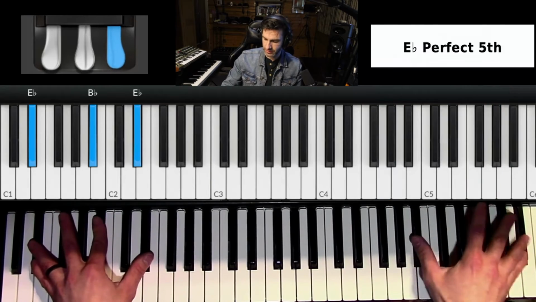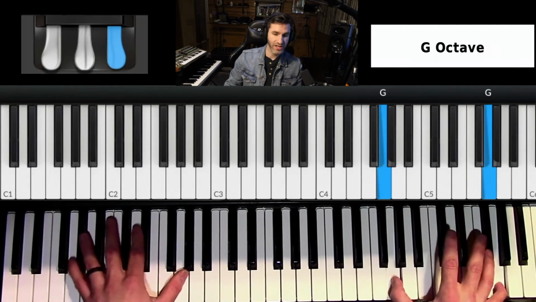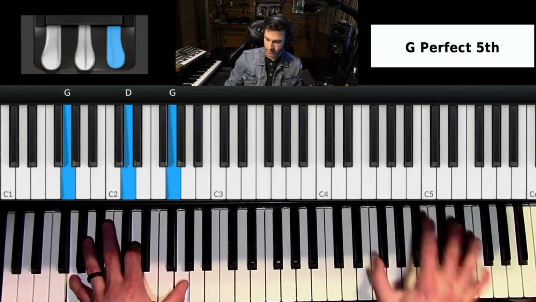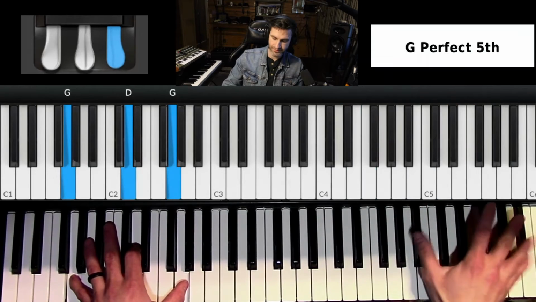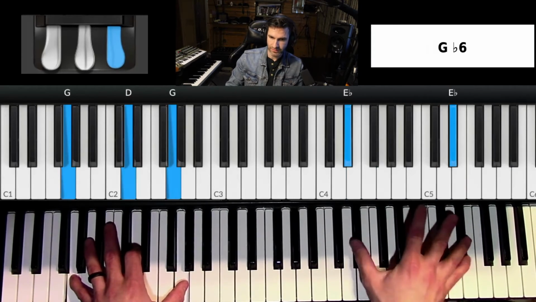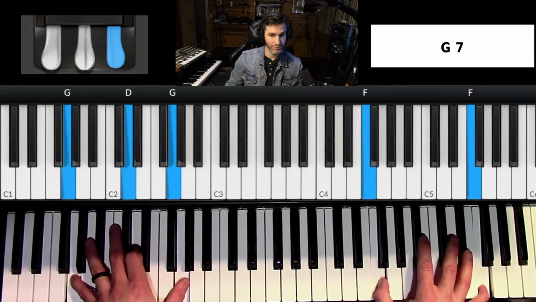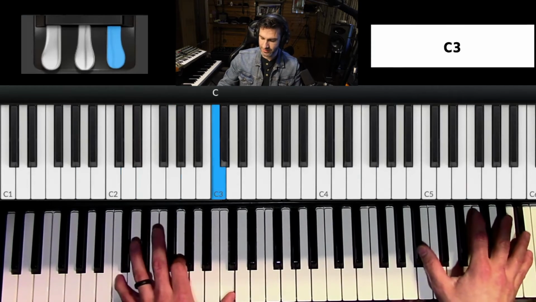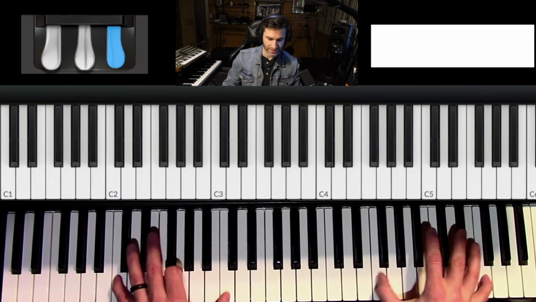Same thing on this one, and it changes on the G minor. That one's B flat, E flat, F, D, E flat, F, and then it does almost the same thing the second time around. As you're building,